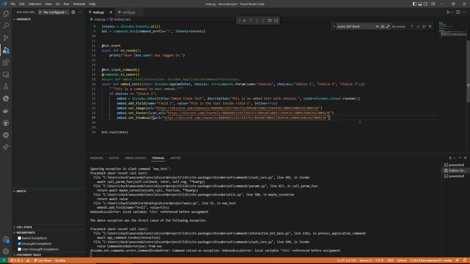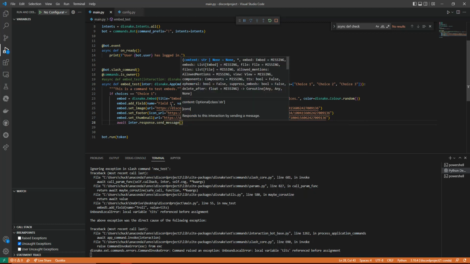So now all we got to do is our last little thing, which is await the interaction. Since we did enter up here, we cannot do interaction down here because it will not recognize it. You have to match what you put up there. So await enter.response.send_message, and then we're going to put embed equals embed, and then